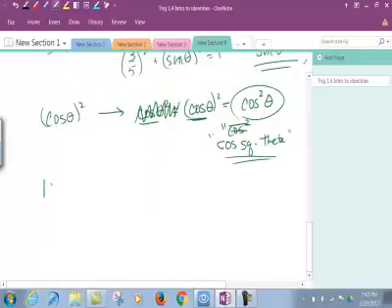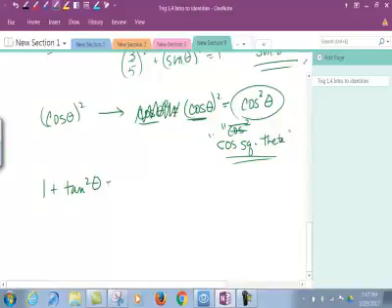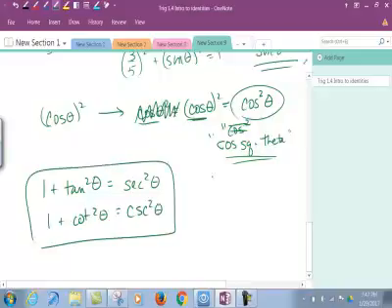Okay, two more Pythagorean identities. Here we go. 1 plus tangent squared theta is equal to the secant squared theta, and 1 plus cotangent squared theta is equal to the cosecant squared theta. Now I didn't develop these, but from cosine squared theta plus sine squared theta equals 1, to get to either of these is super simple, and you might want to try this after the video is off. If I were to divide everything by cosine squared theta,